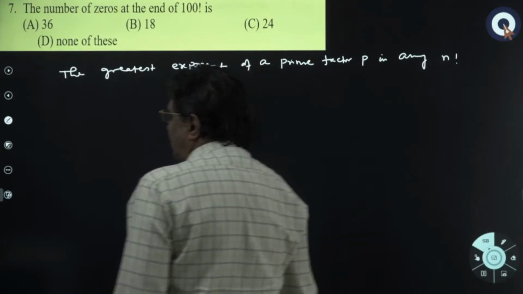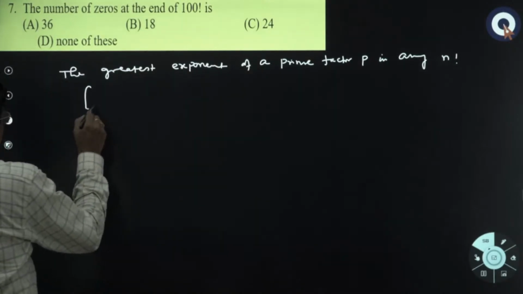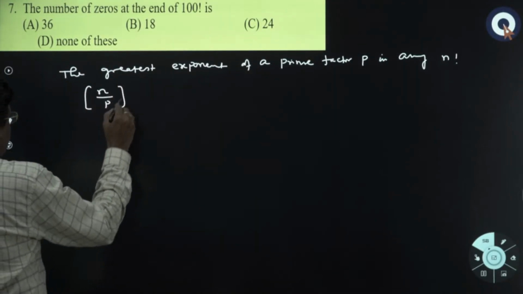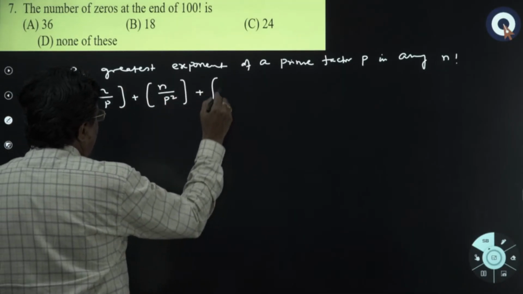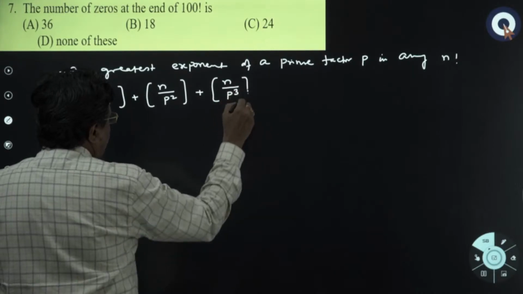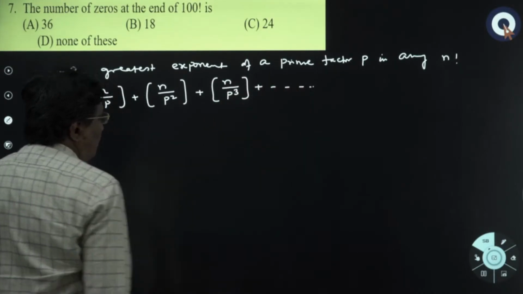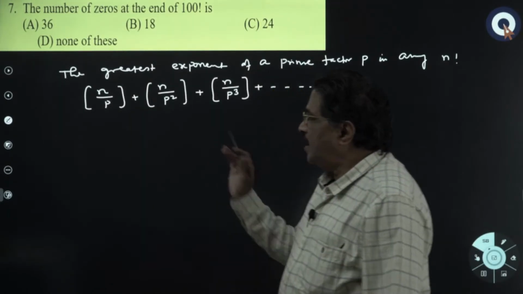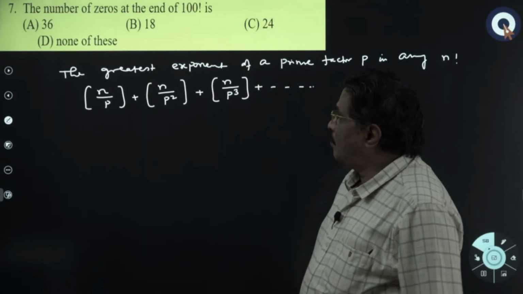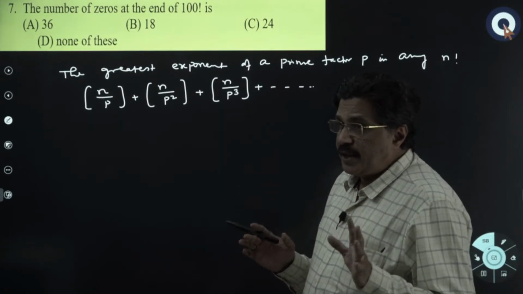So basically this is floor of n by p plus floor of n by p square plus floor of n by p cube and so on. The greatest integer function, what you call the floor function. All right. So this is the thing, and if you consider 100 factorial,